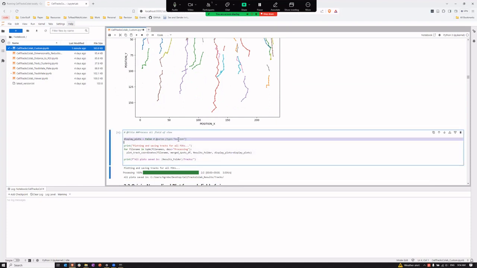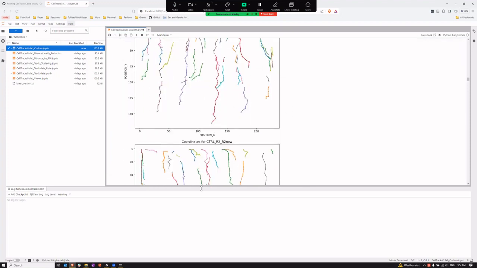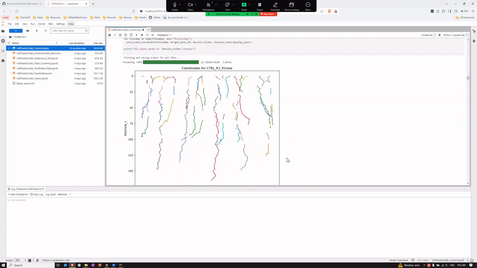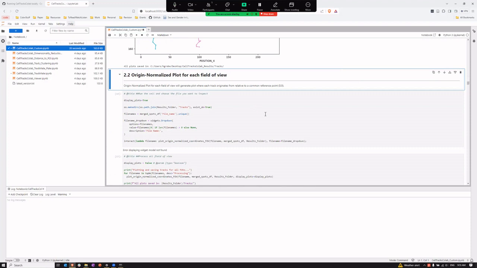Now, you can see already in this cell, and there are a couple of cells like this, where the first command is display plots equals false. So if we change this to true, it will display all the plots that it's saving. Now for this data set, it's fine, it's only 2 plots. If you want to see what is being saved, change this. However, especially if you have large data sets, be a little bit careful because it can take some time. And then you can just continue interacting with the notebook